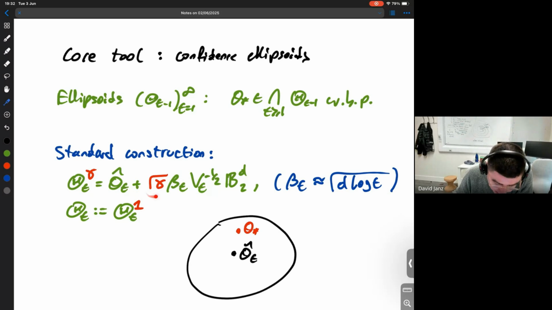And I've added a little gamma here and here, which will rescale the ellipsoid. This is going to be needed for the standard proof for Thompson sampling. Here, beta t is roughly square root d log t. And we set the confidence ellipsoids themselves to be this object with gamma taken to be 1, so uninflated. So we have a theta t, confidence ellipsoid around it, and from now on, throughout this entire talk, we're going to assume that we're working on the event where theta star is indeed in the intersection of all of these ellipsoids.